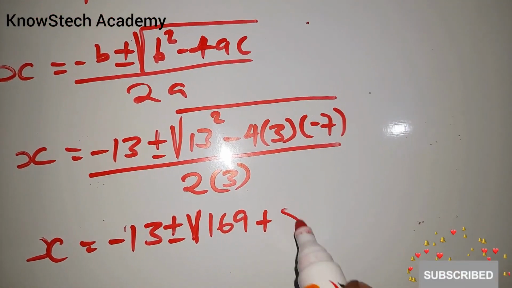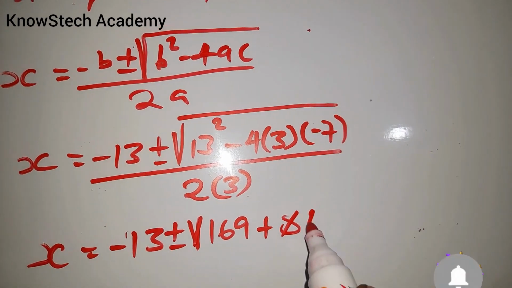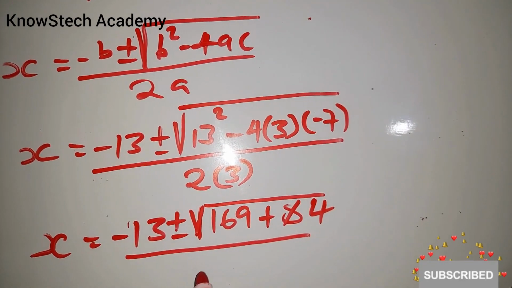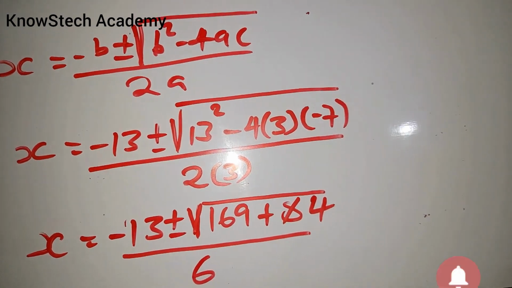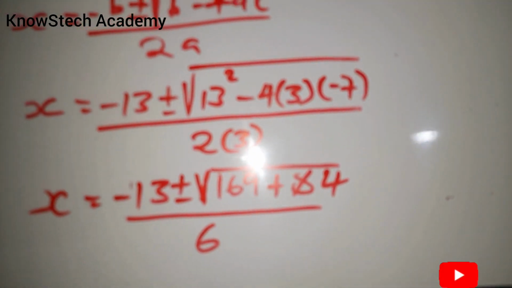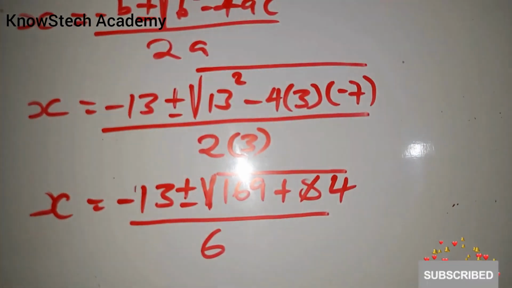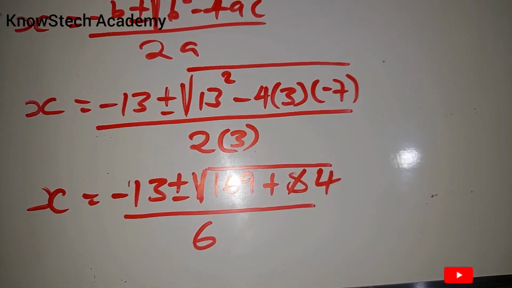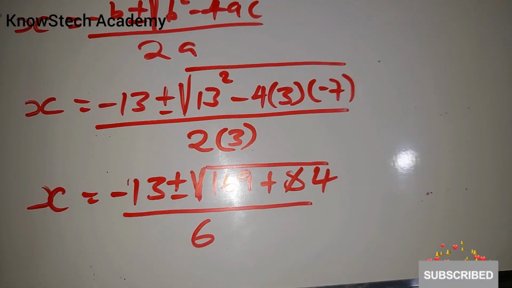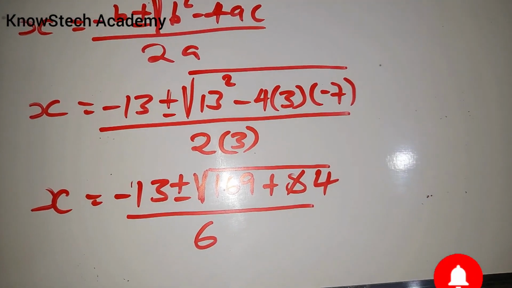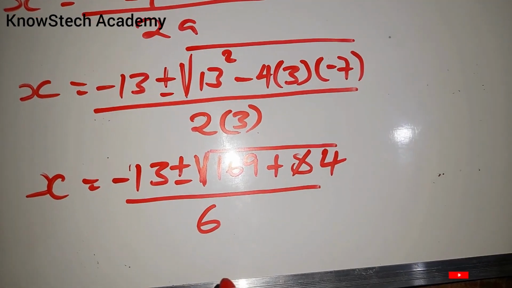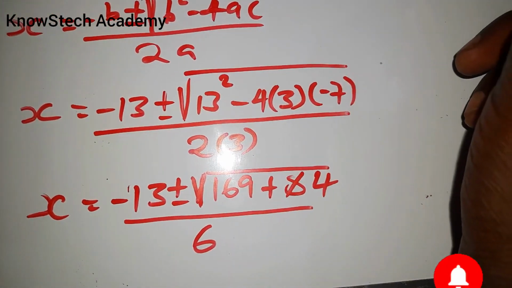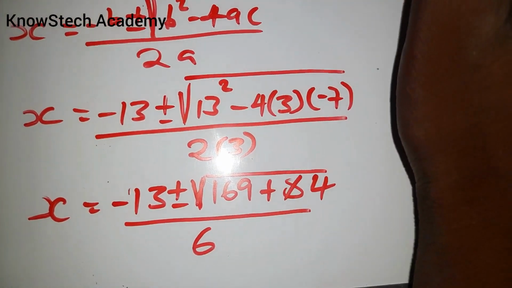So here is just the 84, over 6. Then we add what is inside, which is 84 plus 169. So it will be x is equal to negative 13